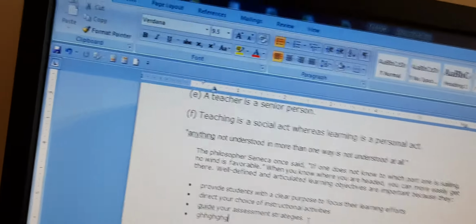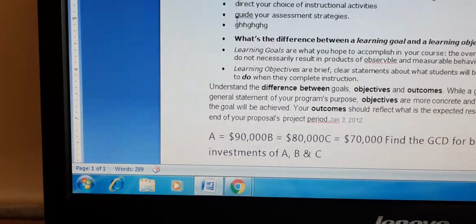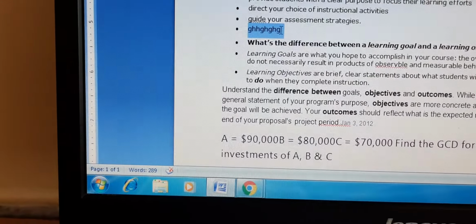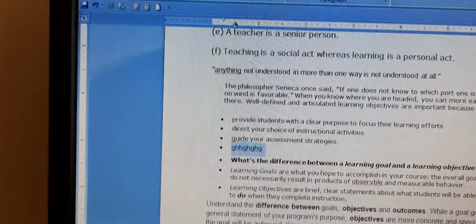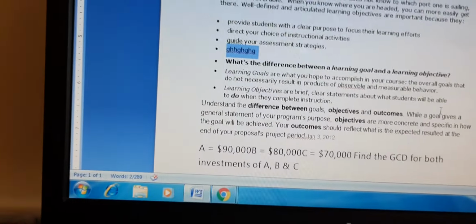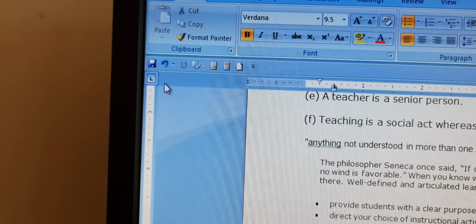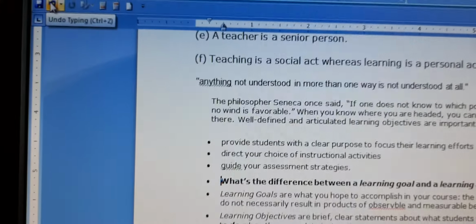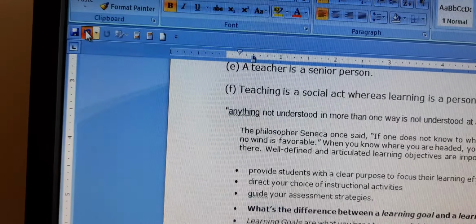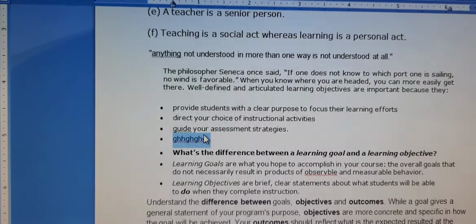Now undo and redo. We have just copied this, so let's try undo and redo in this. We will select it and just delete it. Now if I click undo, what will happen? See, it has come again because we deleted it.